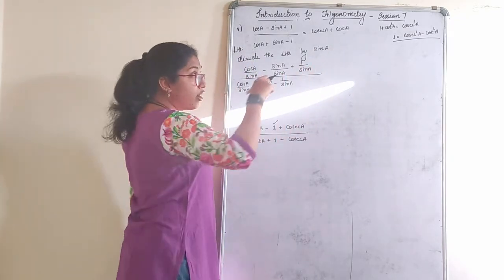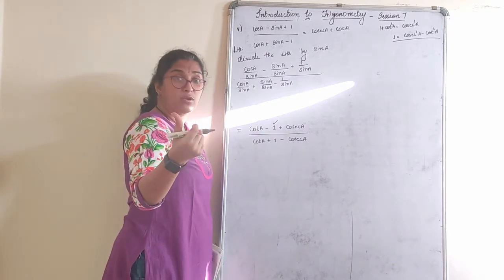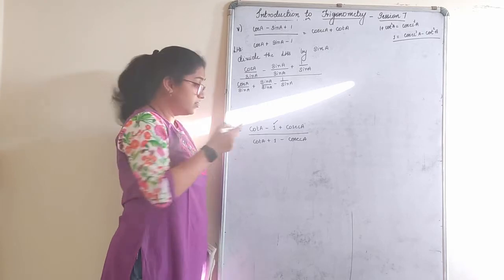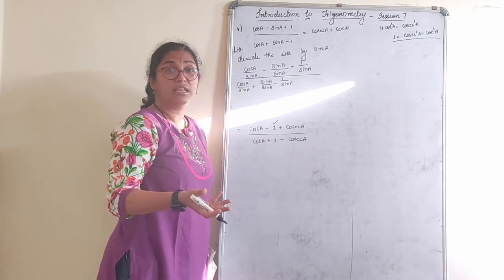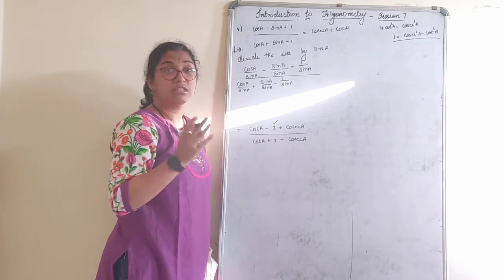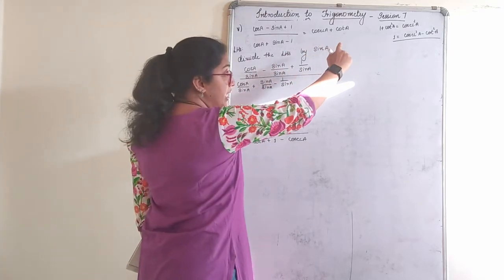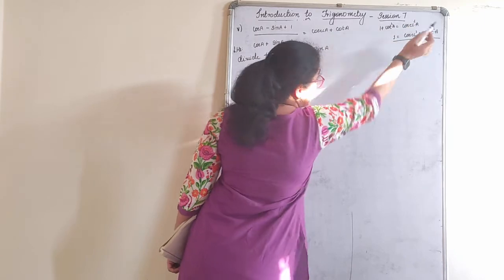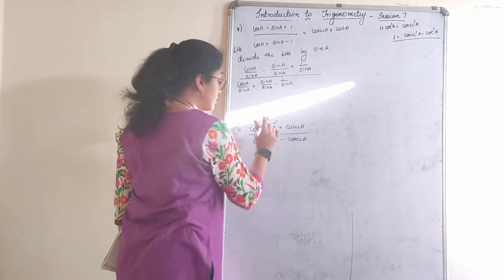So use 1 as there. Why did I use the cot only identity? I could have used sin square plus cos square is equal to 1, or 1 plus tan square is equal to sec square. But the question is with respect to cot and cosec. I have to use the cot square and cosec square identity only. So 1 plus cot square is cosec square A, where 1 is equal to cosec square A minus cot square A. Substitute this.